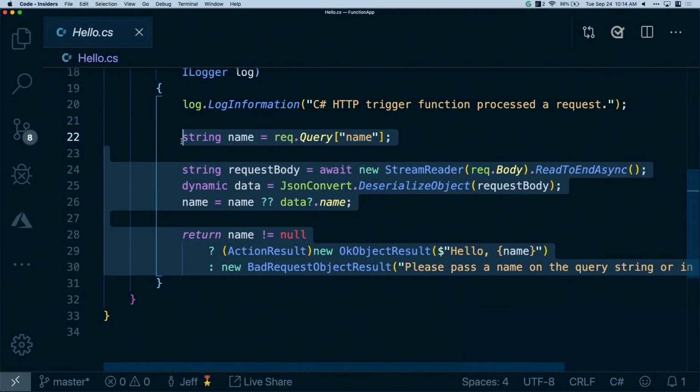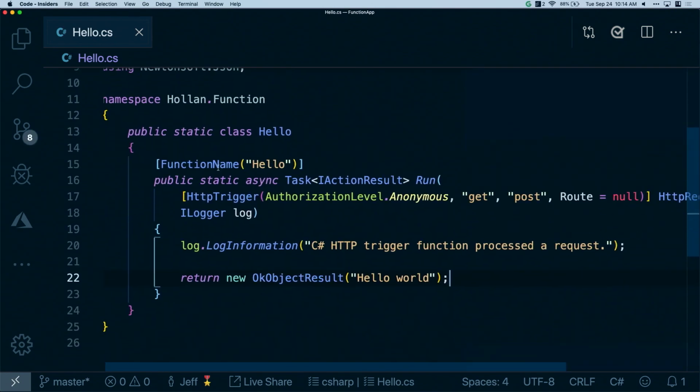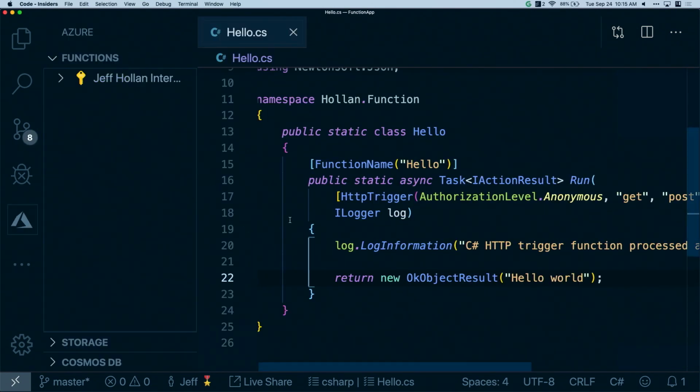And we're just going to say return new OK object result, and we'll just say hello world. Okay? So here now is my Azure function. When I'm ready to go, I could debug this locally. I could now publish this to the cloud. So I can say, actually, I want this code to be running in Azure, so it can be called whenever